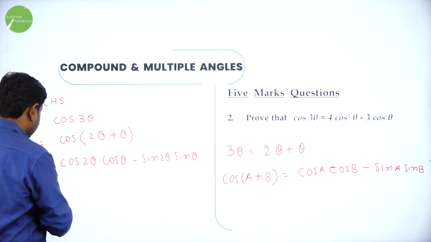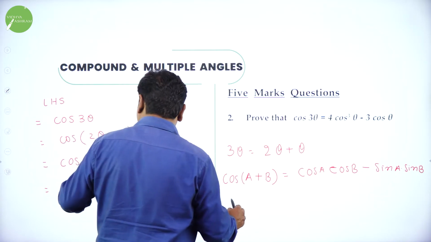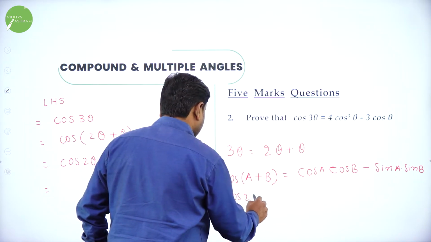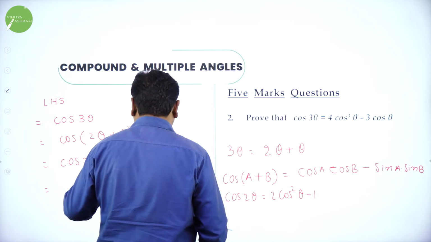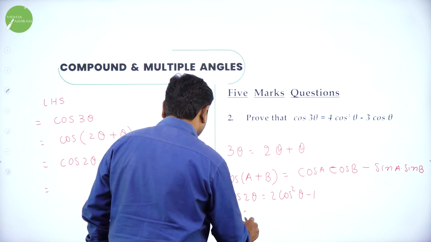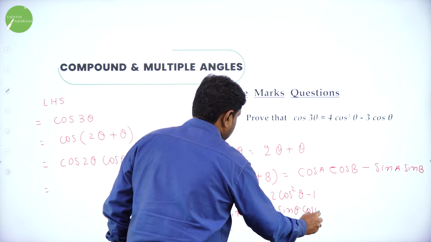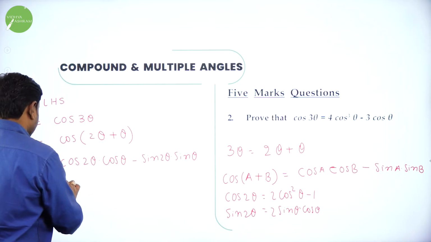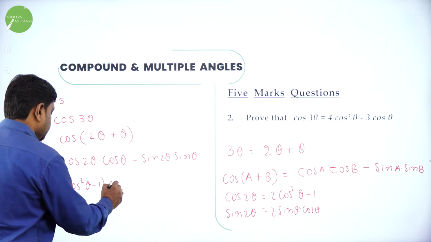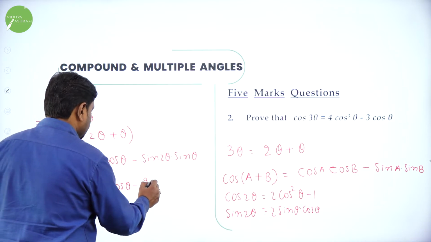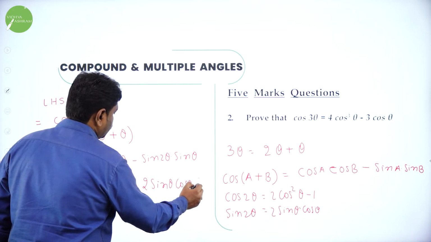Now after reaching this stage, observe the RHS. RHS is made up of cos. So that's why, cos 2 theta, we have cos 2 theta here. Cos 2 theta you can write as 2 cos square theta minus 1. It's one of the expansions for cos 2 theta. And sin 2 theta you can write as 2 sin theta into cos theta. Now we'll do that. So here we have cos 2 theta, we'll write it as 2 cos square theta minus 1, into outside we have cos theta, minus sin 2 theta, we can write it as 2 sin theta into cos theta, sin 2 theta into we have one more sin theta.